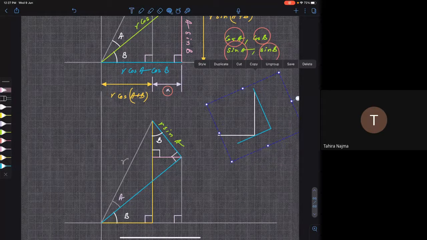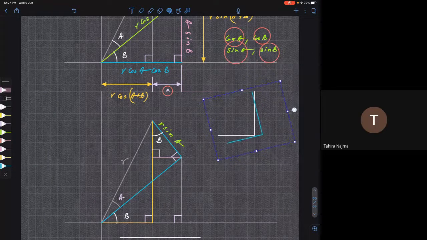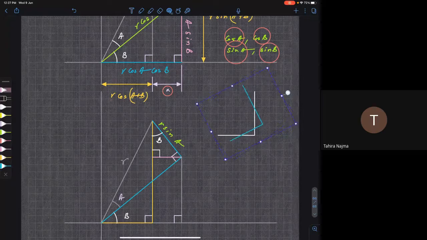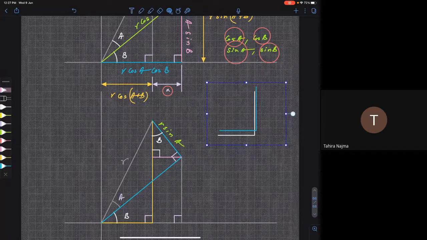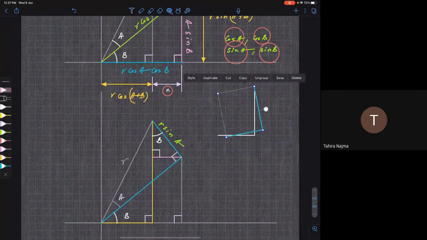Yes, sir. Now, if the angle between one of the white lines and a blue line is theta, then the angle between the other blue line and white line will also be theta. See, if I change the angle, now it is 0. As I'm increasing the angle, you just compare. See, always the angles will be equal. Are you getting my point? Suppose now the angle between these blue lines is how much?